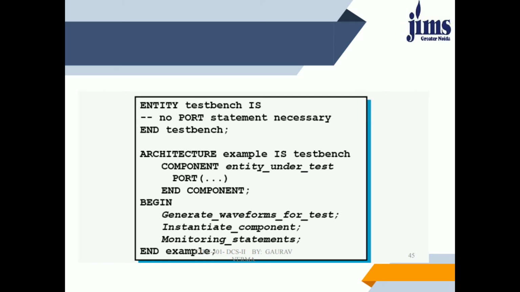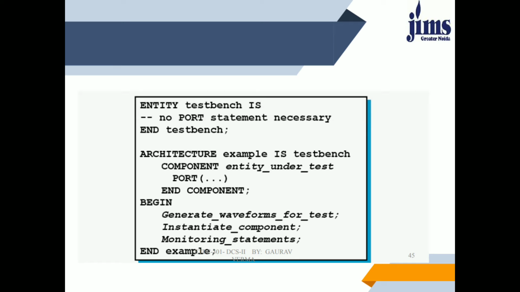Then we will apply this input waveform to the actual input of the hardware. Then we will store or dump the output signal or result into another text file. So in this way we can use test benches.